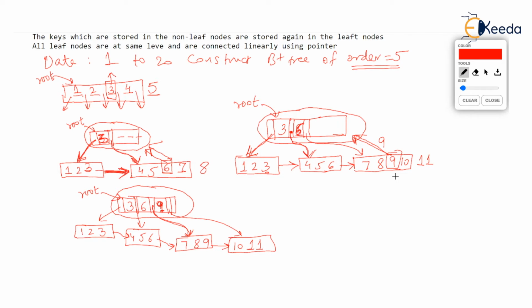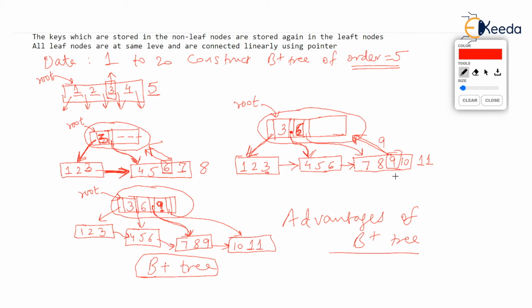Now let's stick to this B plus tree. Imagine this is the latest B plus tree we are having. That means we have added data only from 1 to 11. Let's stop here. But then what's the importance of B plus tree? What are the advantages of B plus tree over B tree? In simple sense, let's ask what is the advantage of connecting all these leaf nodes sequentially?